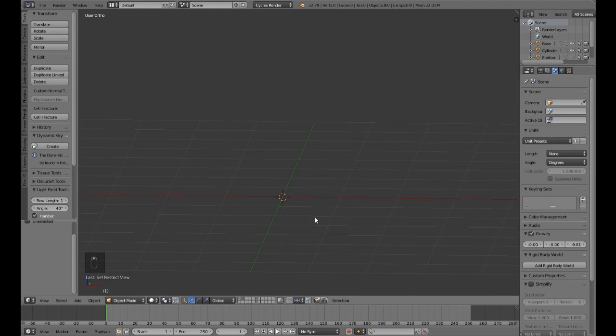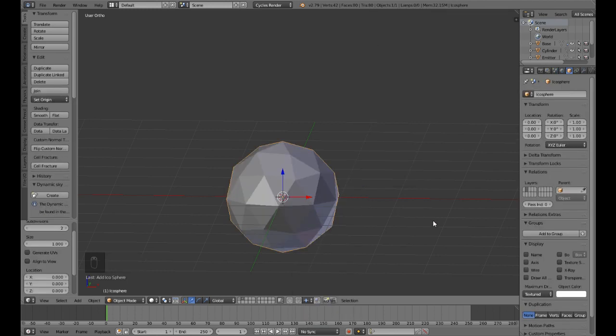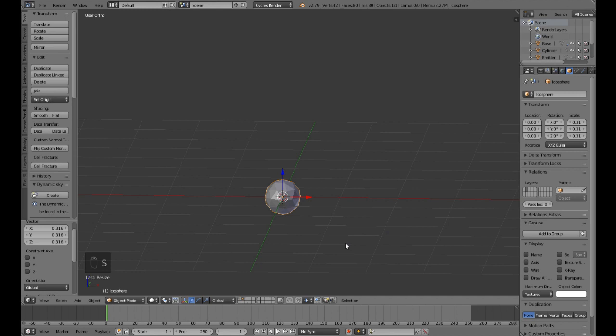So I'll be creating 3 different icospheres and defining them with 3 different tasks. The first time I'll be adding an icosphere, scale it down a little bit, and then give it a material. At first let me rename it as sparks 1,